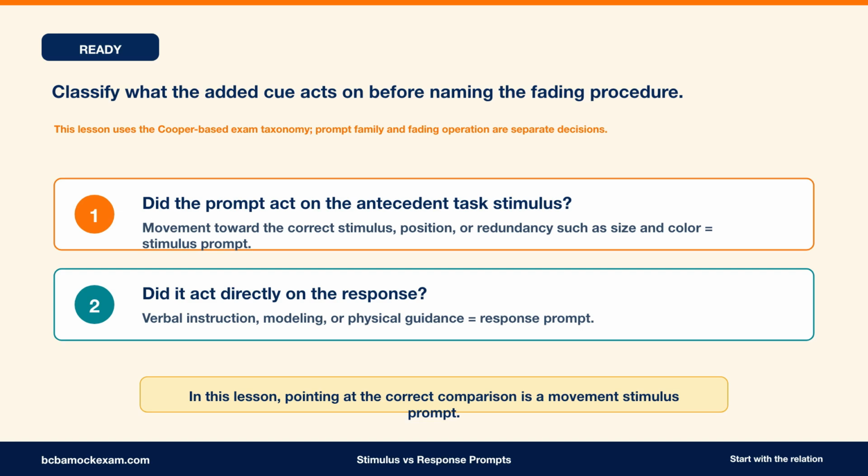Prompt questions become clearer when we separate two decisions. First, where does the added assistance act? A change to the antecedent task stimulus belongs to the stimulus prompt family. Verbal instruction, modeling, or physical guidance acts directly on the response. Second, how is that help removed or delayed so the natural antecedent gains control? A single teaching trial may contain both a prompt type and a fading operation, so answer the part the STEM